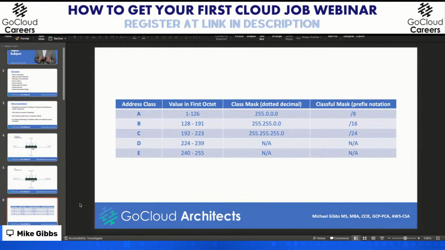We have the Class A addresses, which are really anything where that first octet is 1.0.0.0, or 1 all the way up to 126.0.0.0/8. Now that /8, Mark's going to get down and dirty on the geekiness of how it's actually counted with the zeros and ones converting binary to decimal numbers. But anyway, understand in a completely unsubnetted environment, anything from 1 to 126 in that first octet will have a subnet mask of /8, which is 255.0.0.0, and 16 million addresses.